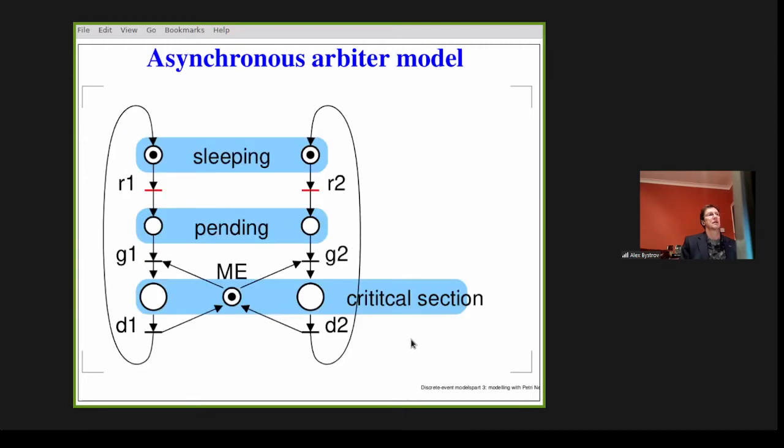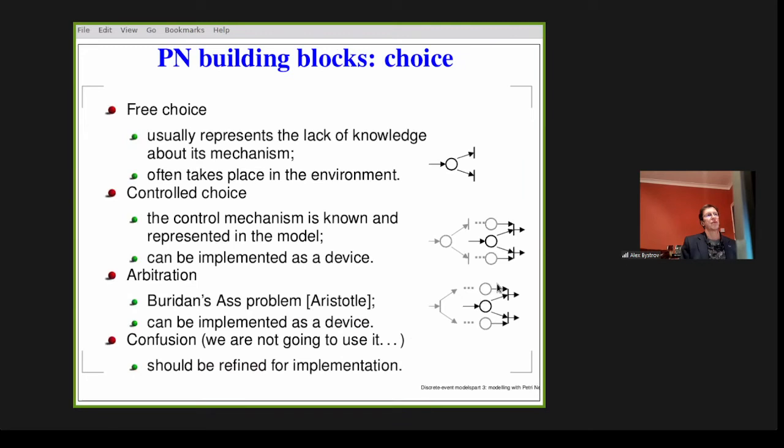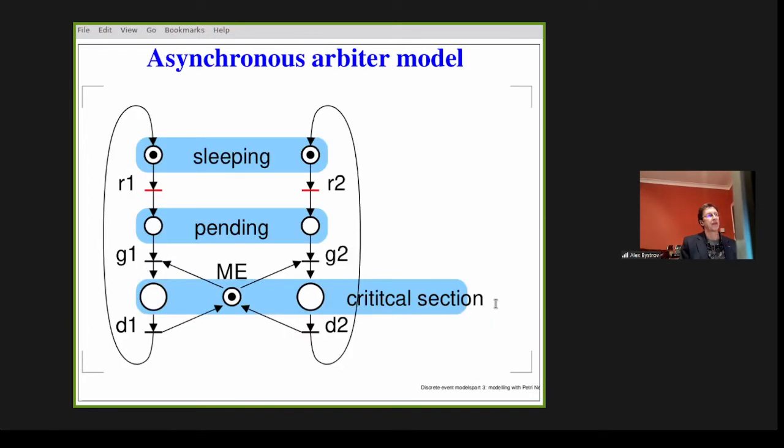The next is the model of the device. So it will be using this kind of operation. It will be arbitration. Okay, where is this choice here? That's the choice place, right?